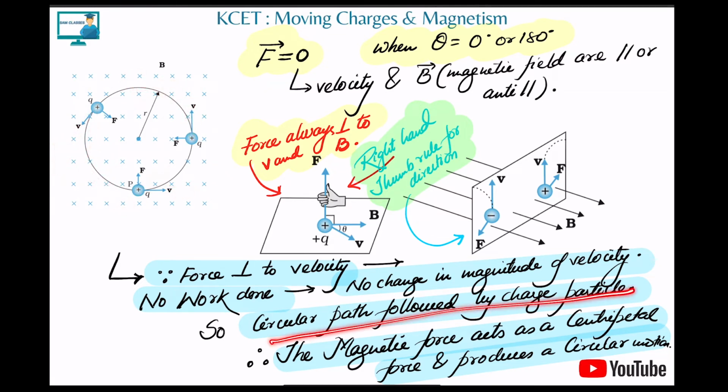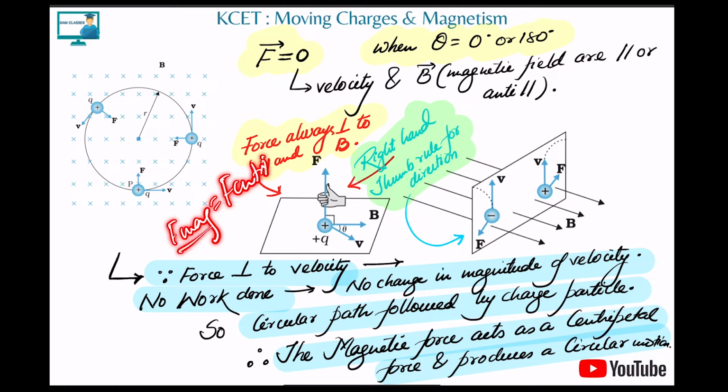So the circular path is followed by the particle, and the magnetic force acts as a... now what force is present here to give the centripetal force? In order for a body to revolve around a circle, what is the force we need? Centripetal. So who is providing the centripetal force here? The magnetic force, because no other force is there. Correct. So F magnetic is the only one providing the F centripetal here.